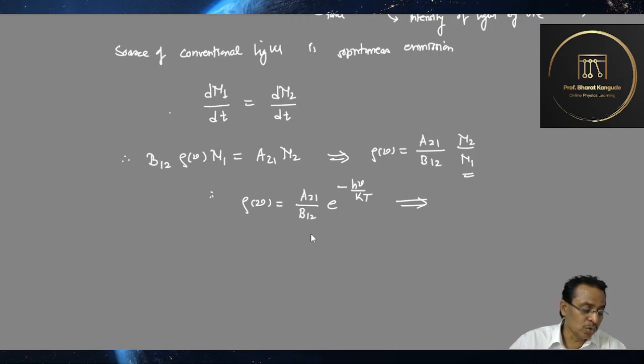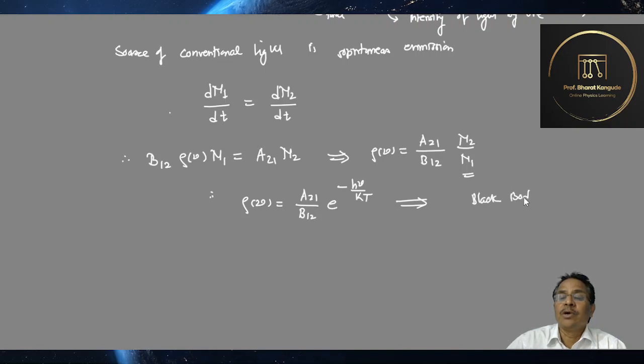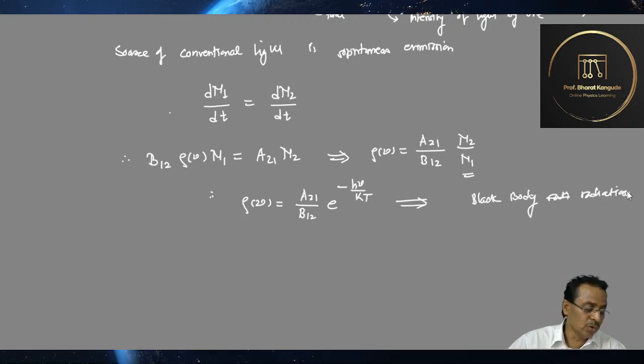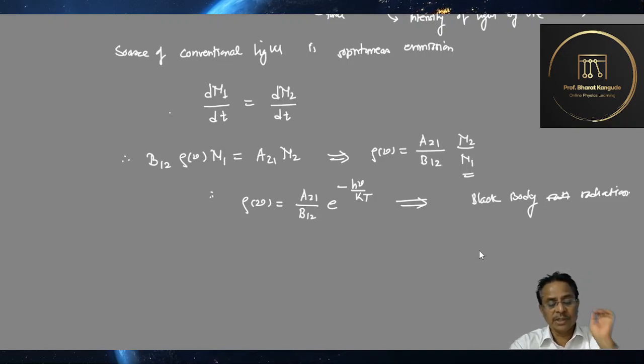Actually, we are not going to discuss this particular fact, but this type of radiation was confirmed by Planck in his black body radiation. So this is black body radiation, and you might have come across a similar expression. Actually, we are not going to be concerned about this more in this case. What is important here, from both of these equations, is that we understand the probability of the spontaneous transition is determined